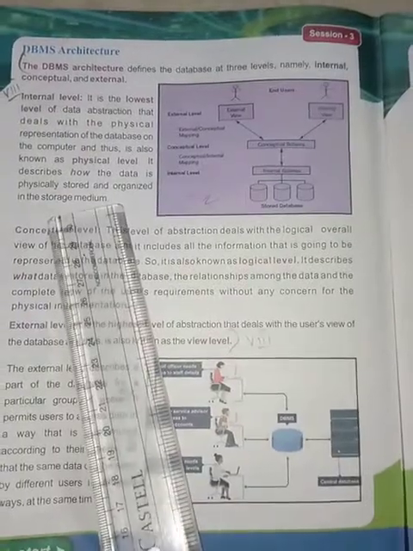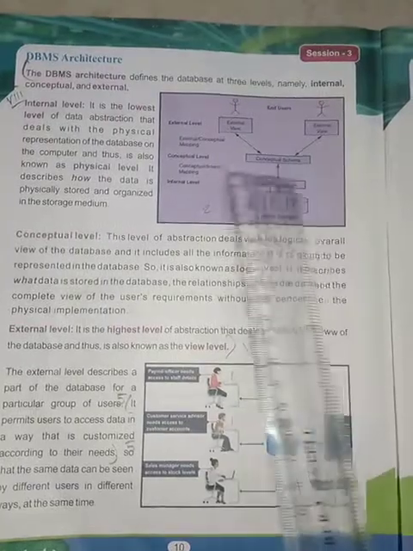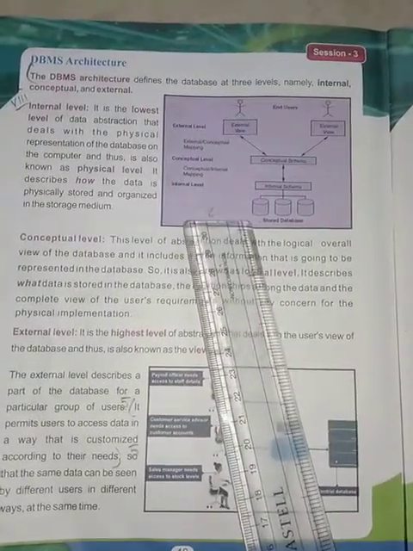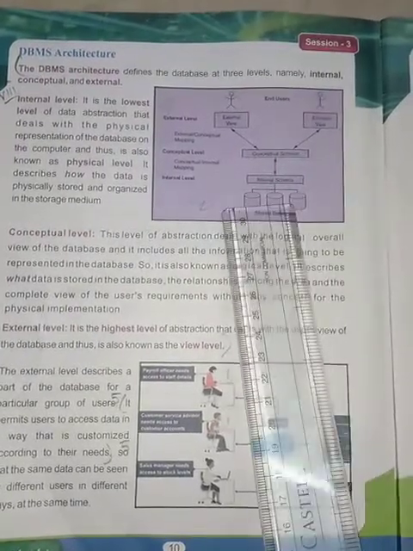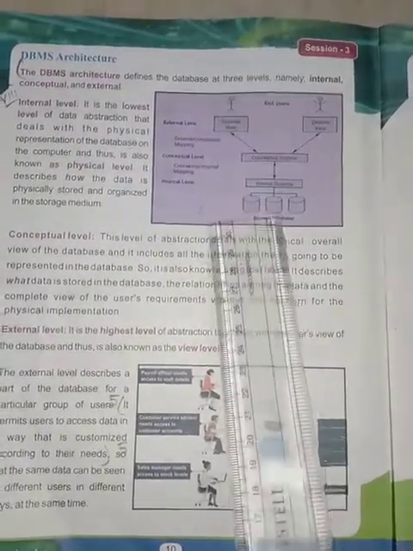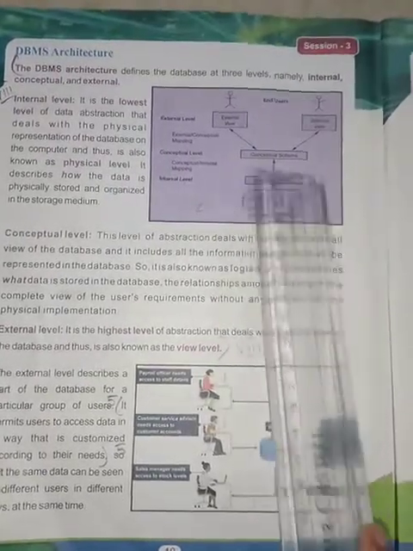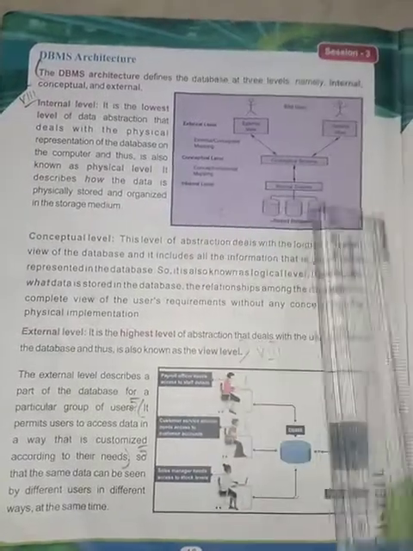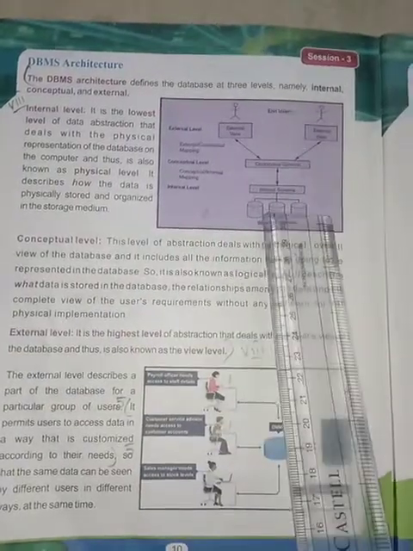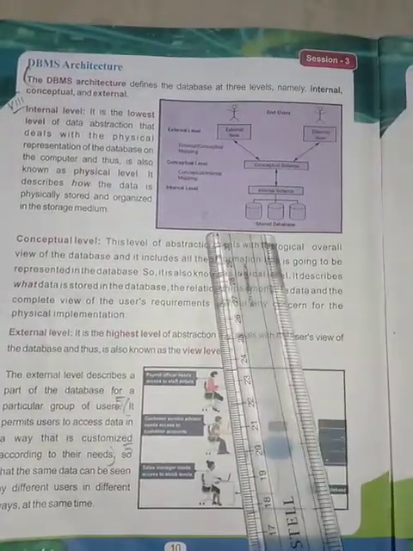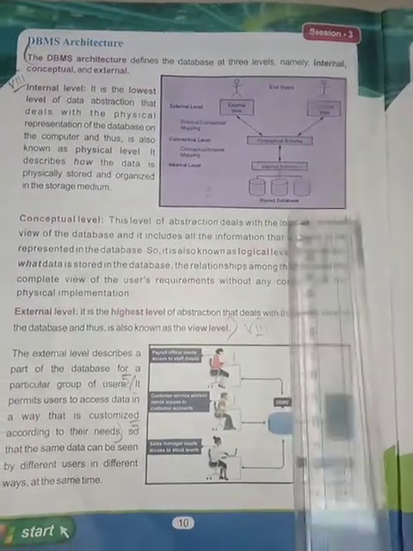So we have studied four types of DBMS. In this internal level, it is the organization done at the computer level inside. So it may be stored in a hierarchical way, networked, relational, or OODBMS. It can be stored in the computer. So it is also known as the physical level. It describes how data is physically stored and organized, that is, hierarchical and the many database types which we have studied.